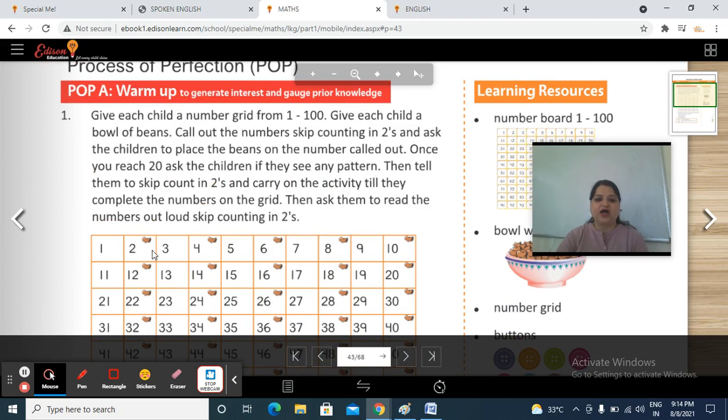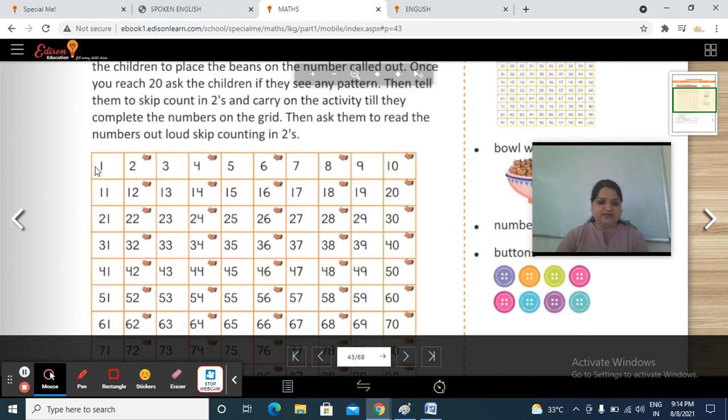Keep in mind, you have to place buttons or beans on every second number, right? Like this. So this is number 1, this is number 2. Now we have to place beans on number 2. Then skip number 3. Then you have to place button or beans on number 4. Okay. So every second number.